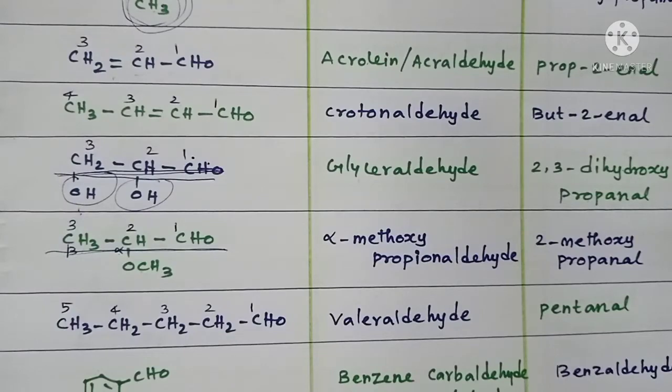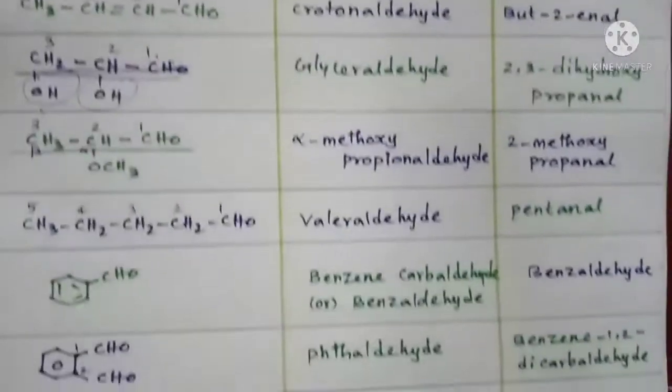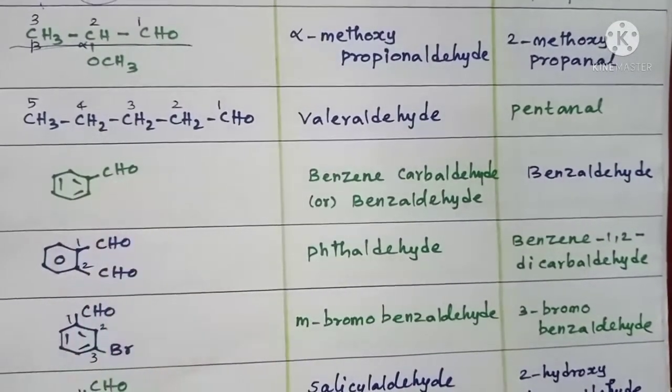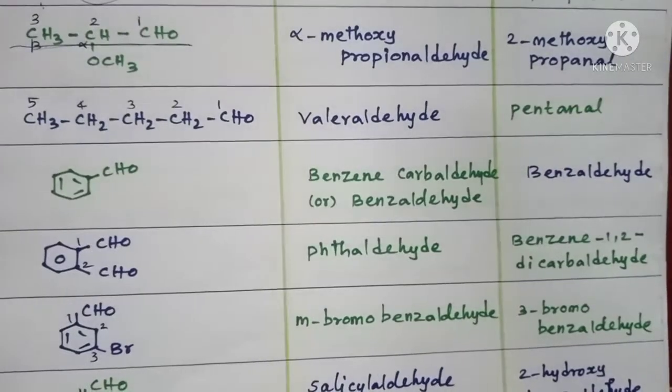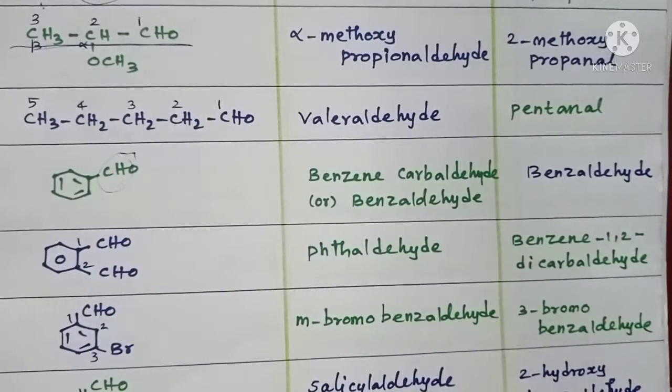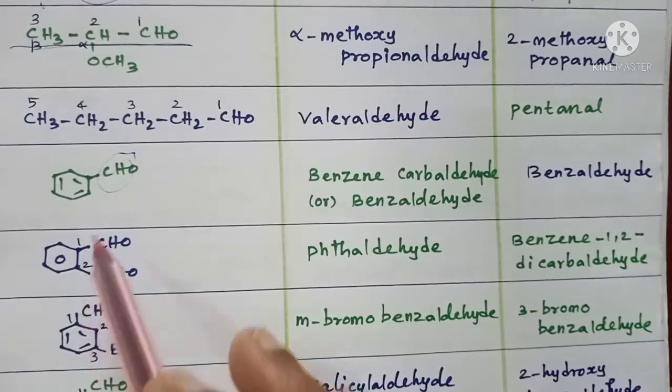Okay, right. So the next compound is an aromatic compound in which there is a benzene ring with a CHO group, isn't it? It's nothing but benzaldehyde. Otherwise, it is also called benzene carbaldehyde. Benzene with CHO group, we call it carbaldehyde. Okay, that's the common name. IUPAC name benzaldehyde. Otherwise, you can have both benzaldehyde as common as well as IUPAC name, or benzene carbaldehyde, another one. Okay, right. So next one, a benzene ring with 2 CHO groups.